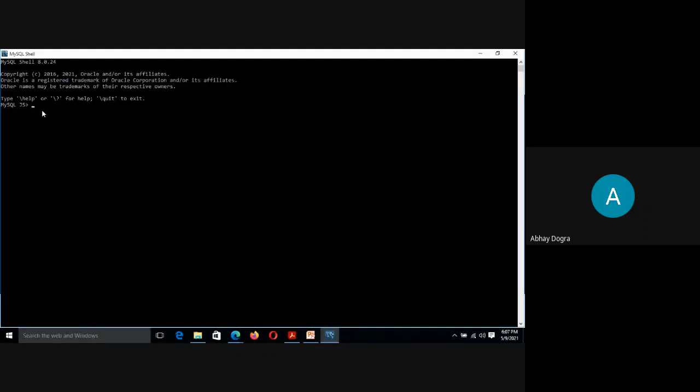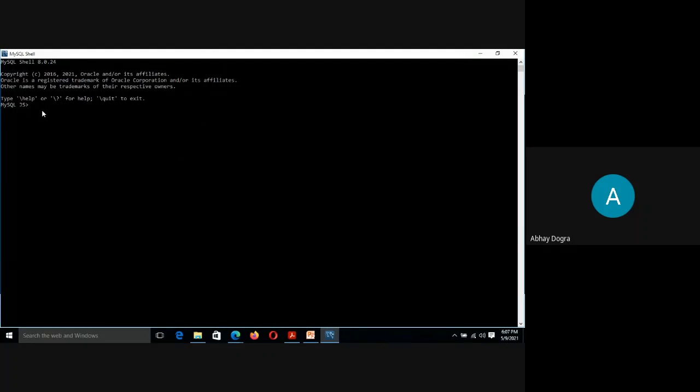And the first thing to start executing SQL commands is that we need to connect to our local MySQL server. We practiced this yesterday also, but today also the first thing we have to do, in fact every time you want to run MySQL commands using MySQL shell, is first connect to the local MySQL server.